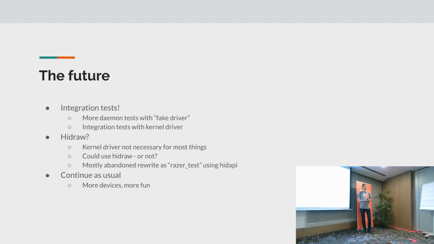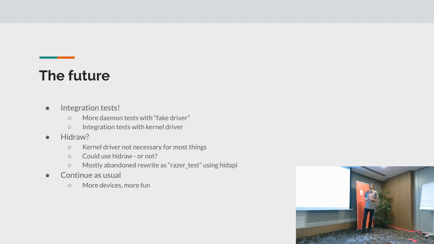But not long ago there was a thread on the kernel mailing list about whether hidraw should even be used for these things in user space, or if it's just for debugging. Even the kernel people are not really sure what to do there. But in general, the functionality that Razer devices support is not really implementable in the existing kernel interfaces. The most we could do is add a multicolor RGB LED in the kernel. But when you then start with the DPI and the polling rate and even all the hardware effects that it supports, it just gets super messy because there's basically no kernel interface for this.